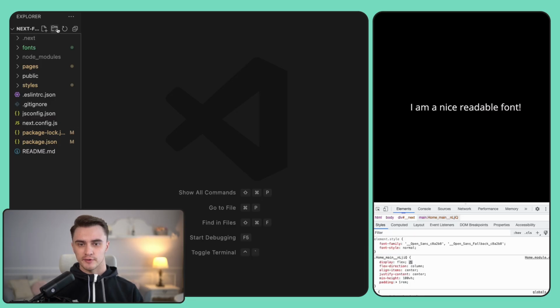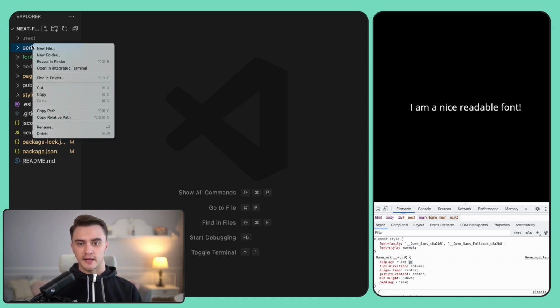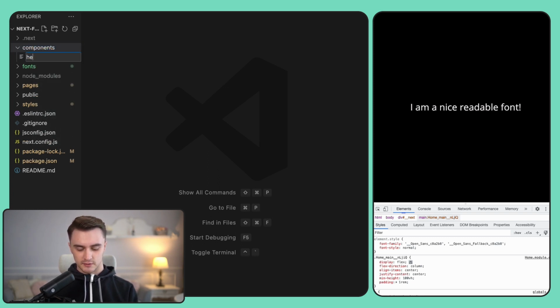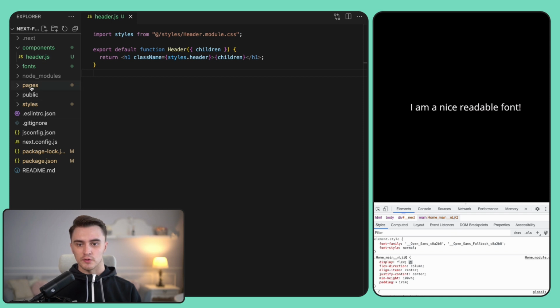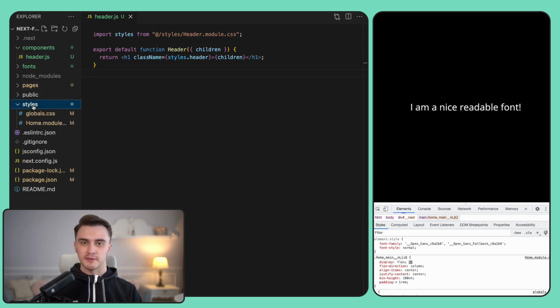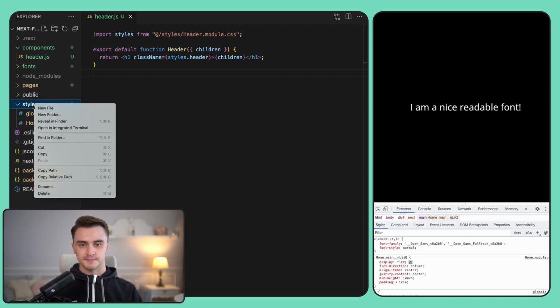For this demo, we will create a very simple component just to see how fonts actually work. So let's do it. We will create a folder, name it components, and create a new file, which is called header.js. I will import the code, and I will also create some styles to make it a bit different from our global font.